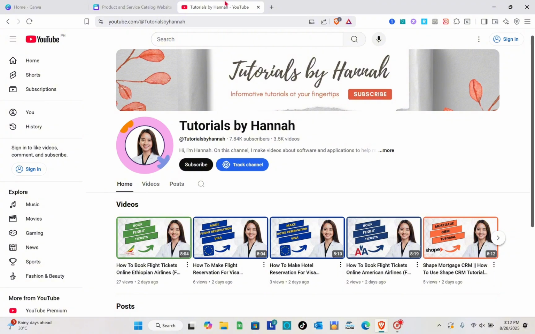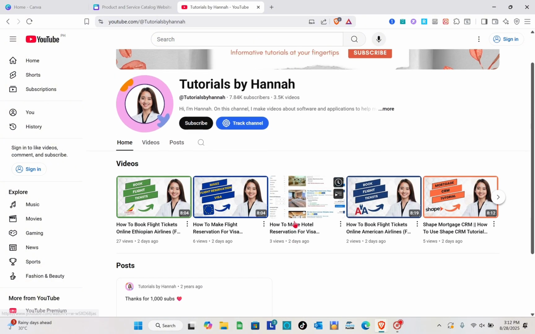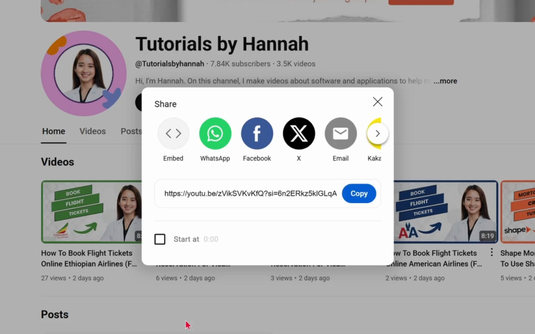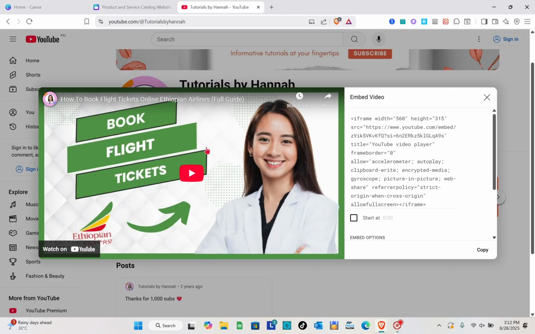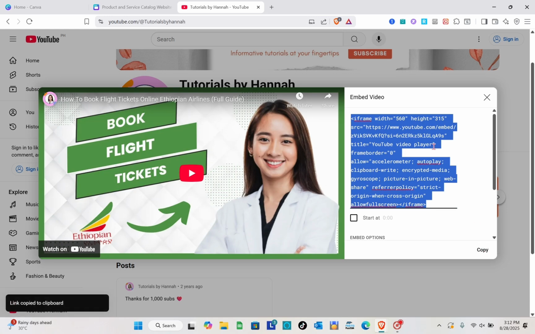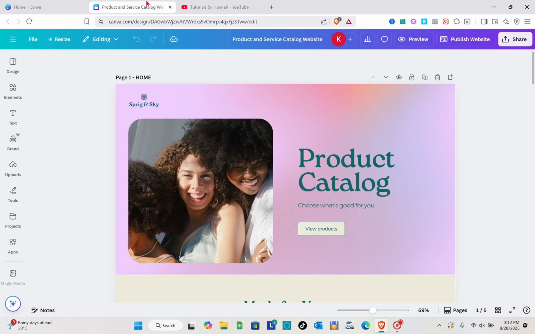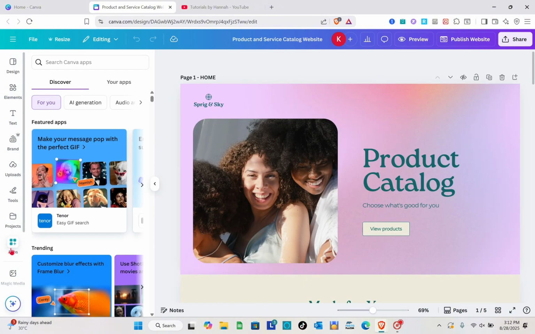Okay, so I'm just going to use our YouTube channel right here and I am going to use this video. So just click on the three dots and click on the share option. And after that, you have this embed option. So just simply click on it and then copy this code. That's right. After that, you just have to go back to your Canva account, go to the app section, and